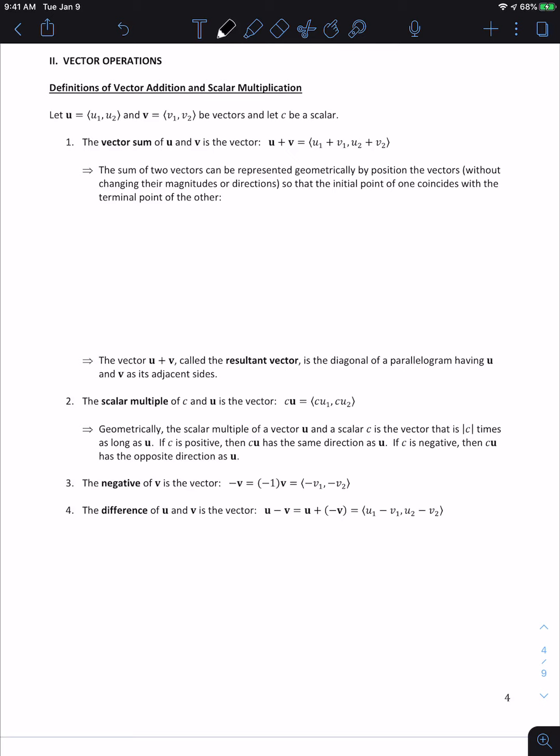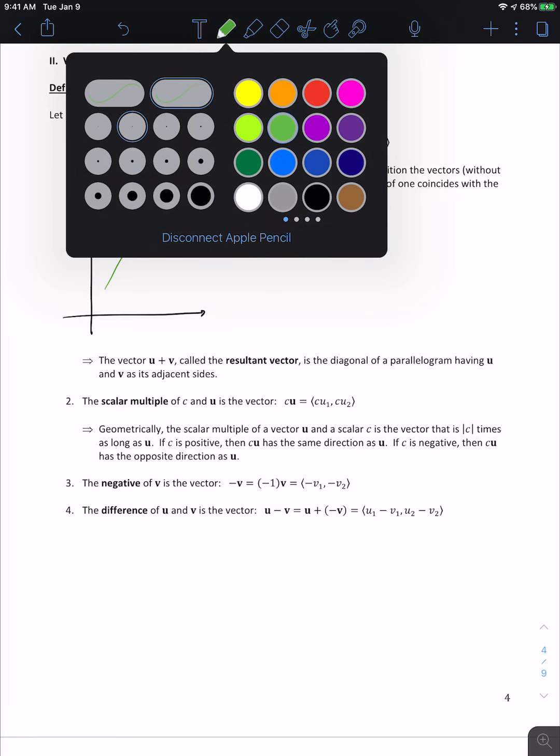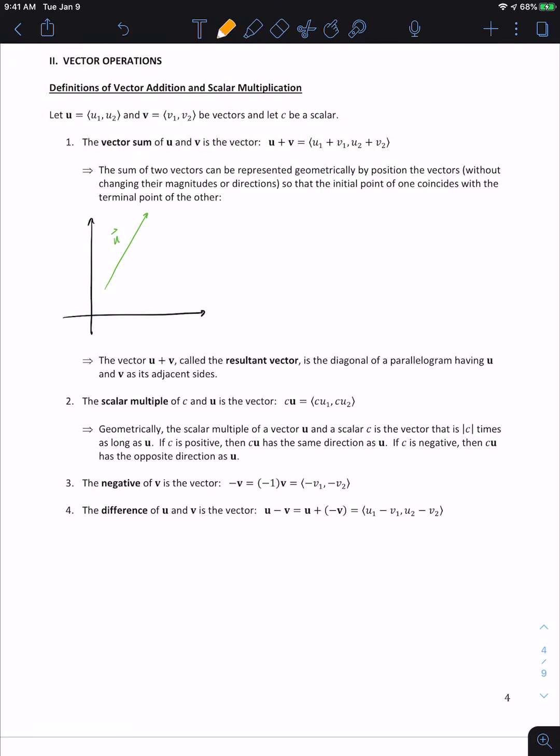So the sum of two vectors can be represented geometrically by positioning the vectors without changing their magnitudes or directions so that the initial point of one coincides with the terminal point of the other. Okay, so before we do that, let's go ahead and just draw, here's our coordinate plane. Let's draw vector u. Let's say u is maybe this vector, and then let's say v is maybe this vector,